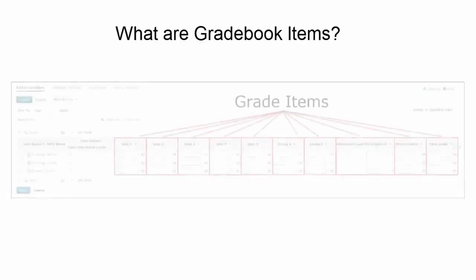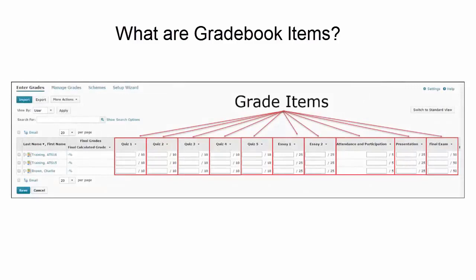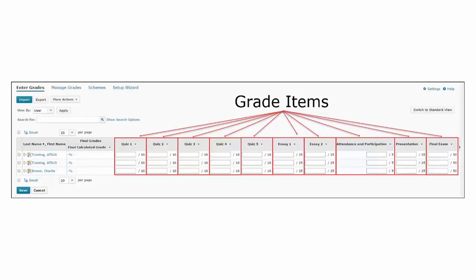Before you can begin entering grades in your D2L Gradebook, you must first create Gradebook items. Gradebook items are those things that make up the actual columns of your gradebook. In D2L, you can select from 6 different grade item types, and in this video, we will be creating several